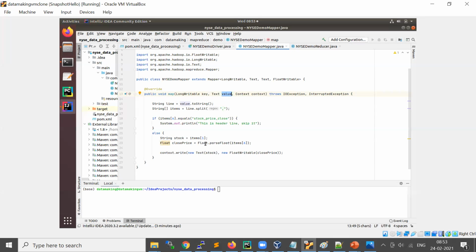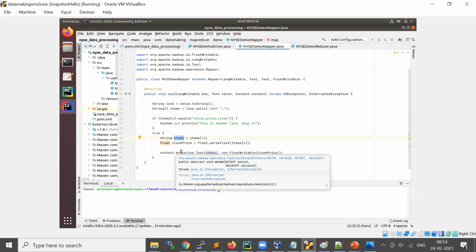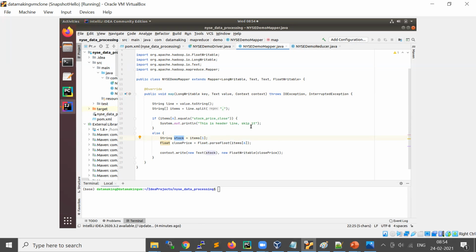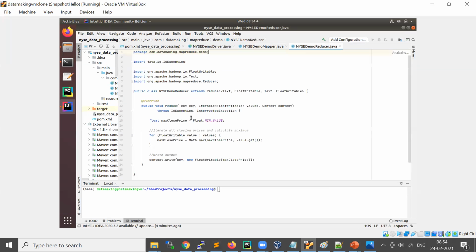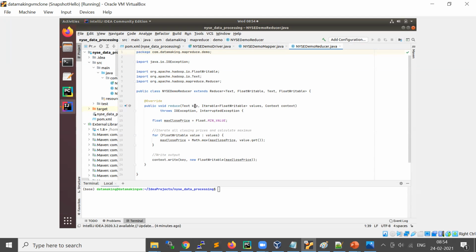We just split, and took only the stock symbol as the key and the closing price as the value. When you do context.write, it writes to disk as the mapper output. In the reducer, in the shuffle and sort phase, your keys will be grouped. You get a stock symbol and its grouped values, meaning multiple closing prices for the same stock symbol, and you do a simple max calculation.